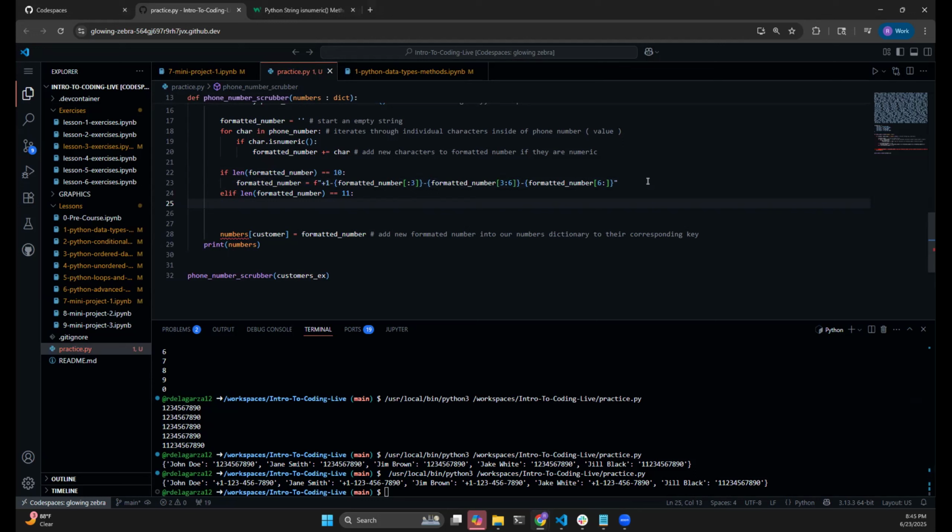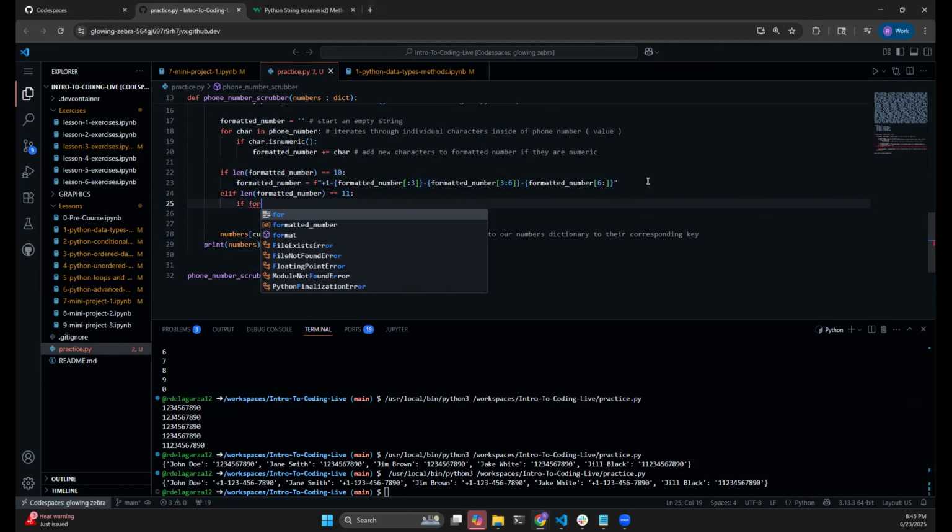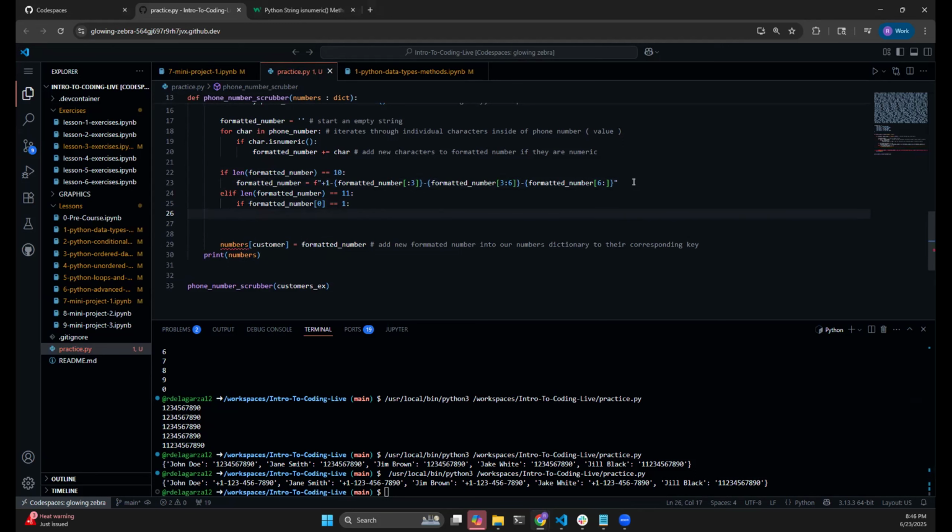So we need to check that first index, really index 0, and see if it's a 1. If formatted number at index 0 is equal to 1, then we're going to format it like we did above. But this time, I'm going to remove